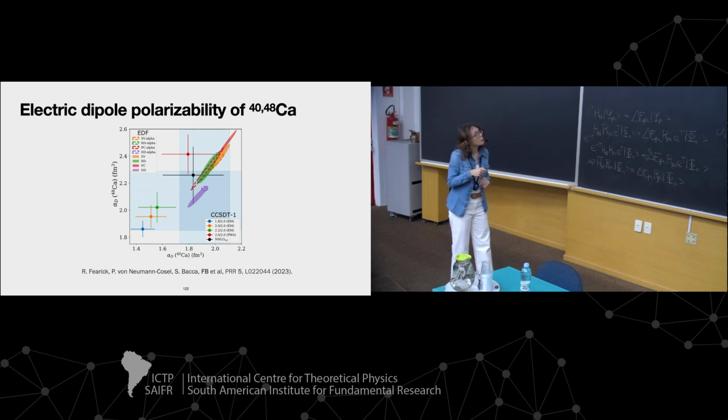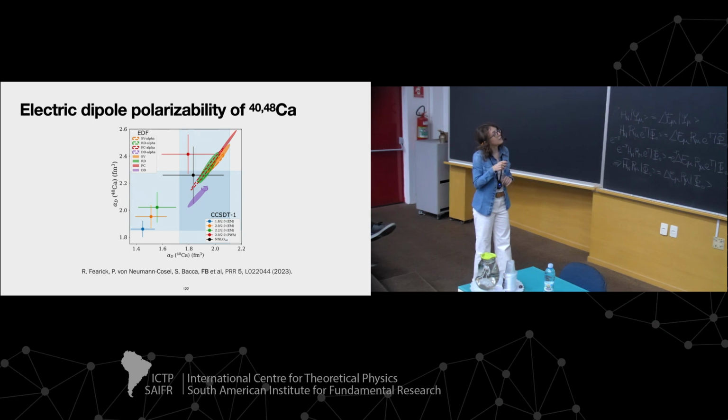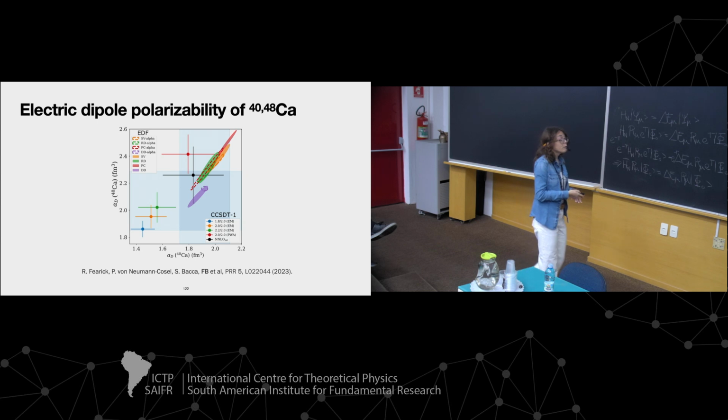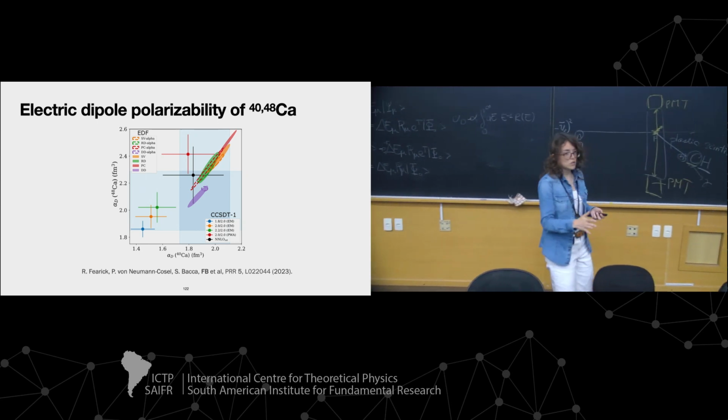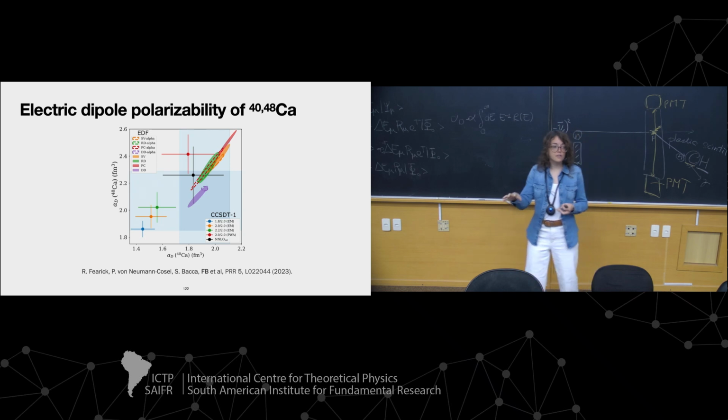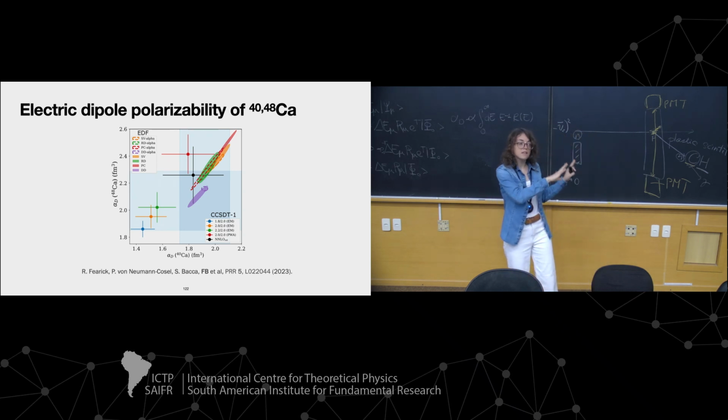Moreover, what we see is that there are energy density functionals, coupled cluster interactions and chiral EFT interactions which are able to reproduce both the polarizability of calcium-48 and the polarizability of calcium-40. And so we can think, okay, we can use these chiral EFT interactions, which are able to reproduce these polarizabilities,